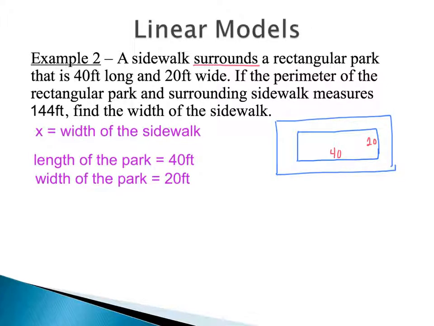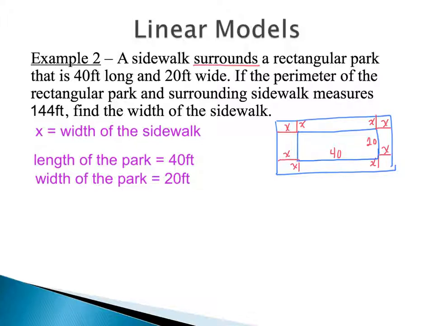And what we're trying to find is the width of the sidewalk. So the width of the sidewalk becomes, wherever you want to think of it, that's going to be your x. So from here to here is x, from here to here is x, here to here is x, here to here is x. And I can go all the way around to illustrate that this would be x in each situation because we're trying to find the width of that sidewalk going around, and hopefully it doesn't change shape too much. So we have that the rectangular park is 40 feet long, so it's the inside part, by 20 feet wide. There is this sidewalk that goes around it, and we're trying to figure out the width.